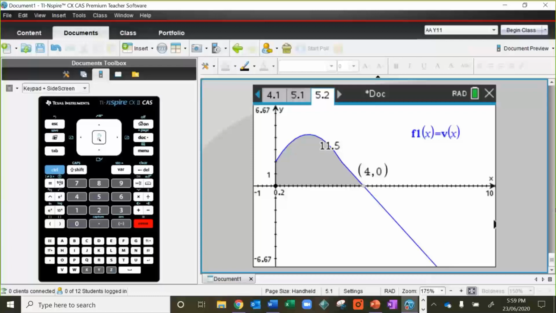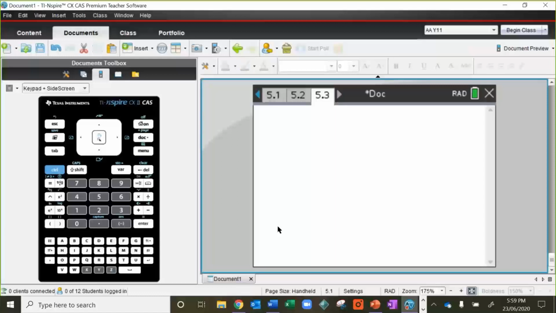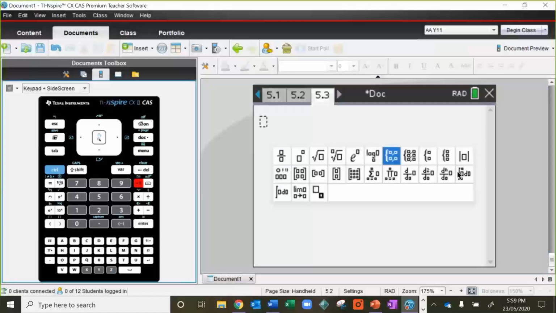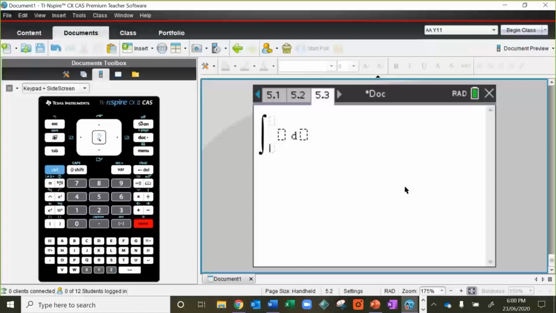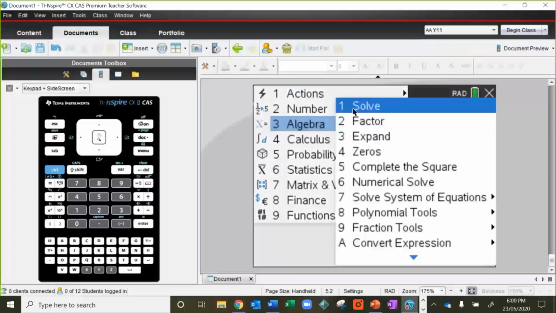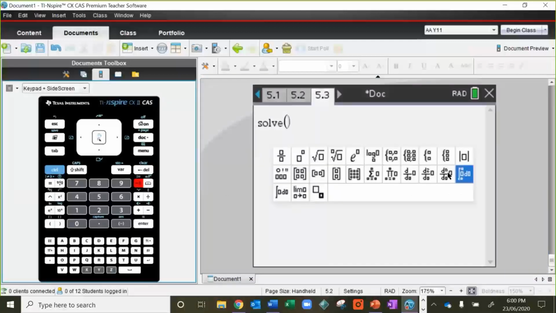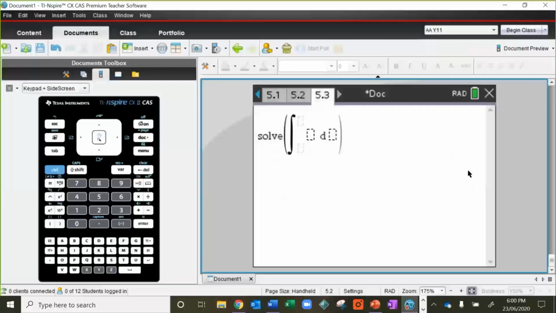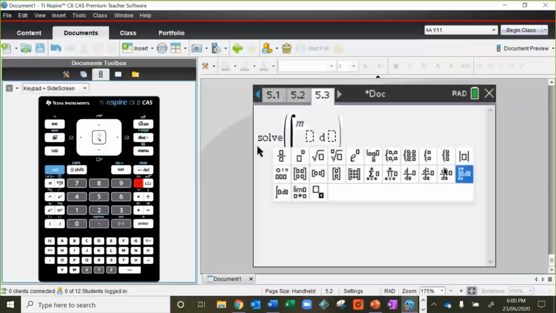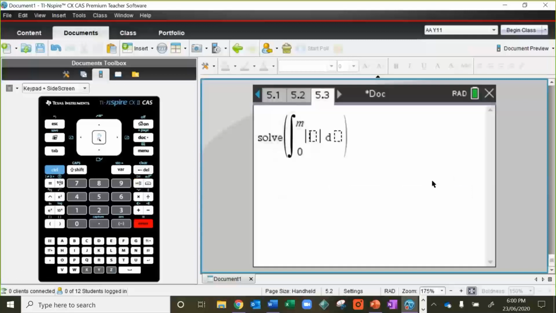There are various ways of doing that. I will do the following. I will use definite integral. Actually, we need to go solve first, sorry, because I'll be looking for the time. So menu algebra solve. And now I will use definite integral. And we go from 0 to a particular value of m. And I will use absolute value of v in t dt,